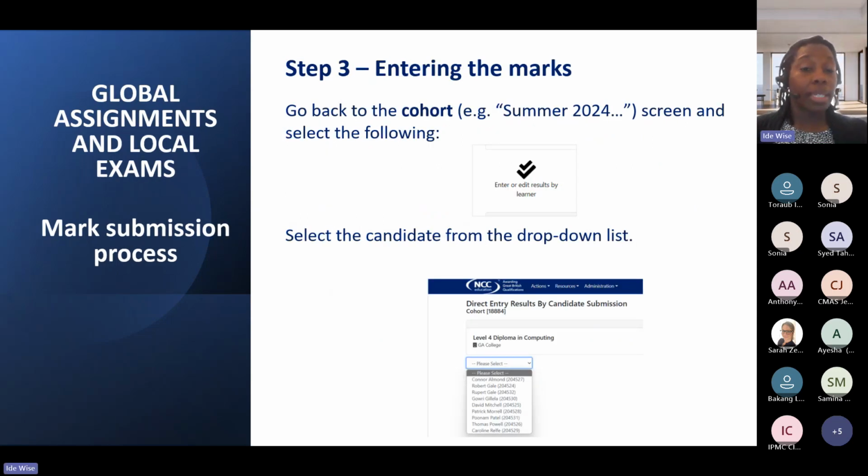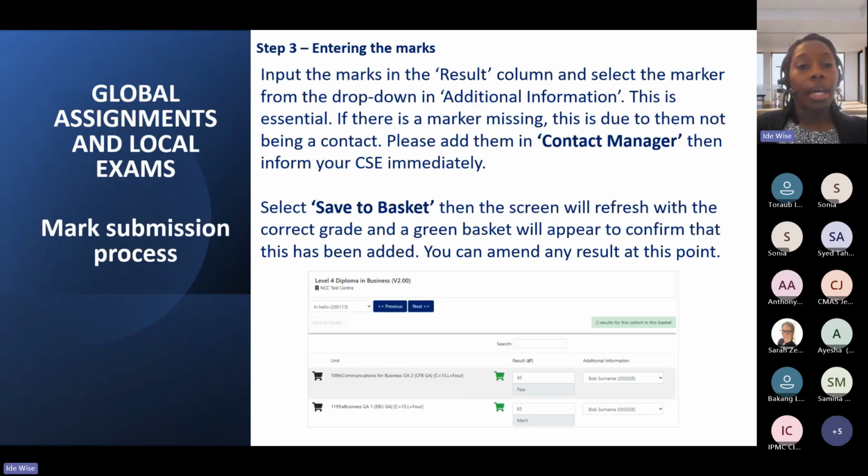Once you've entered the attendance, you obviously need to enter the marks for the student. Again, you're going to do this from cohorts. So you're going to find the cohort and then select the candidate from the drop-down list. And now you'll be able to enter the marks for each student.